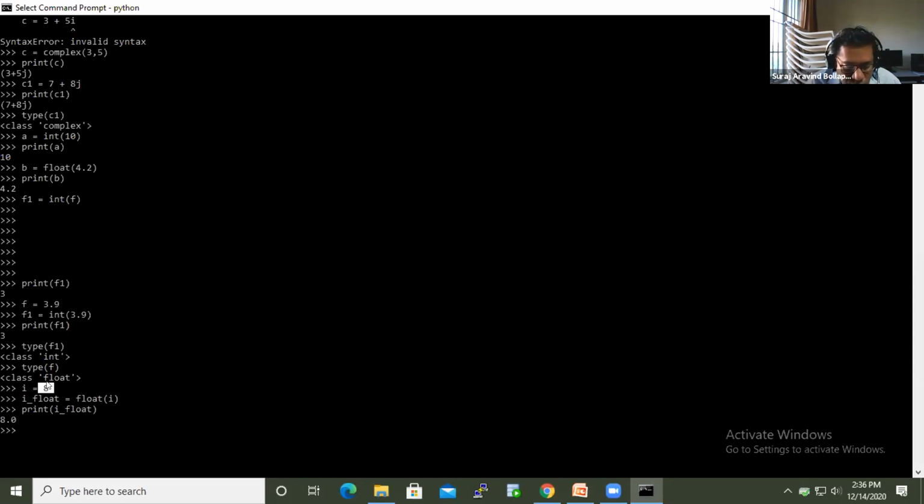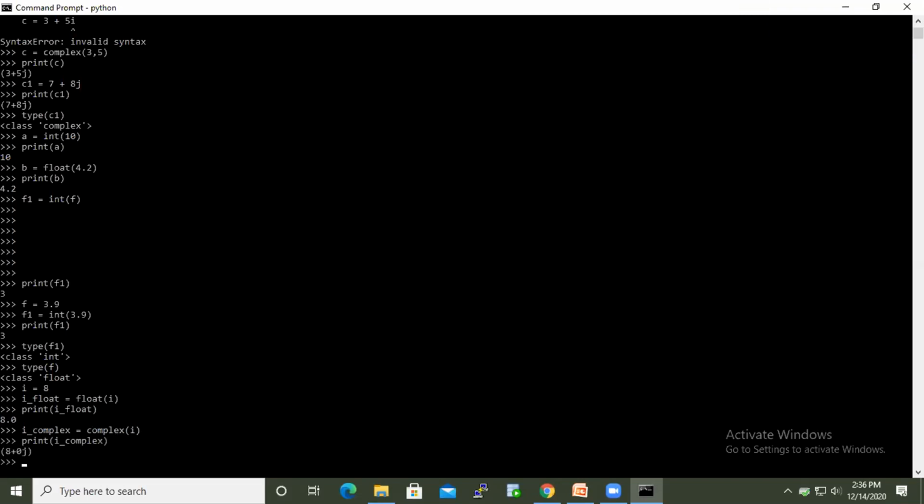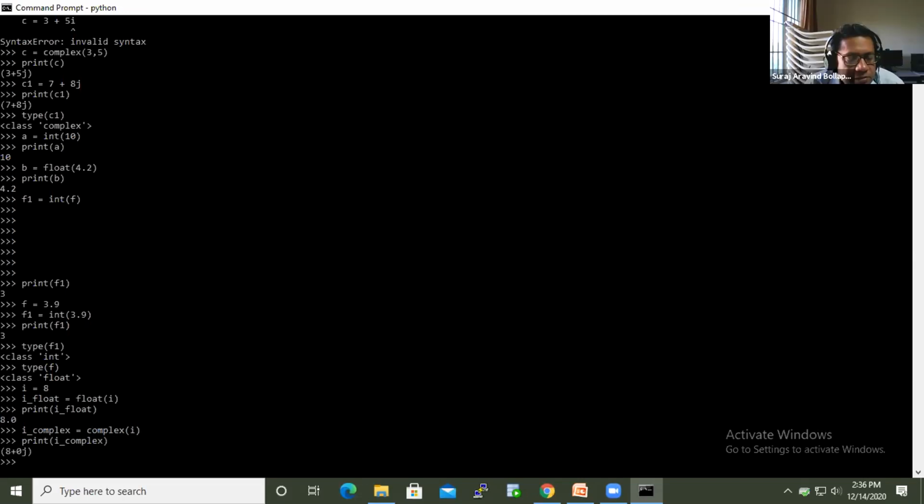Now, what about complex? So complex is equal to complex. I am passing the value of i, 8, to the complex function and storing it in a new variable, and I print. It will print 8 plus 0 into j. And if I see the type of it,